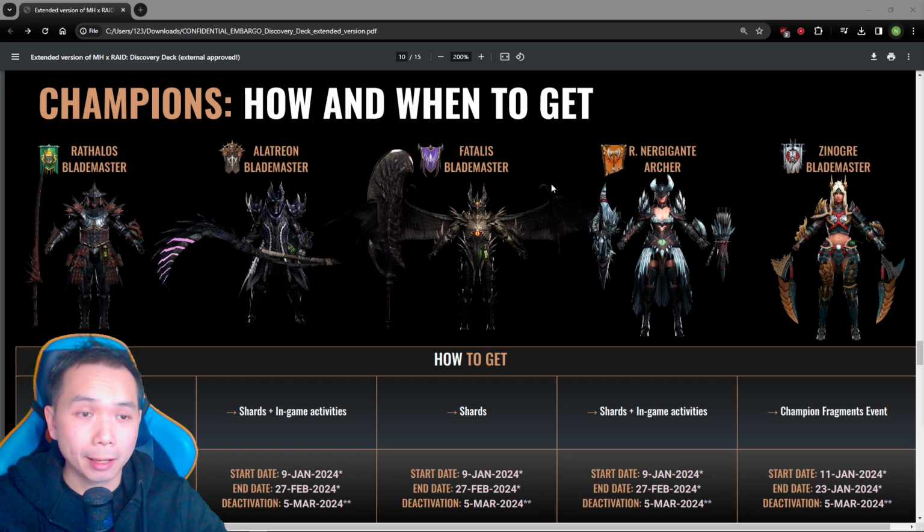Here are the 5 other champions that will be released with the Monster Hunter inspired armor as part of this collab. And the cool thing about this is that they tell us how and in what format these champions will come. So we know Rathalos here, where my big head is hiding. It's the 7-day login loyalty program. You got